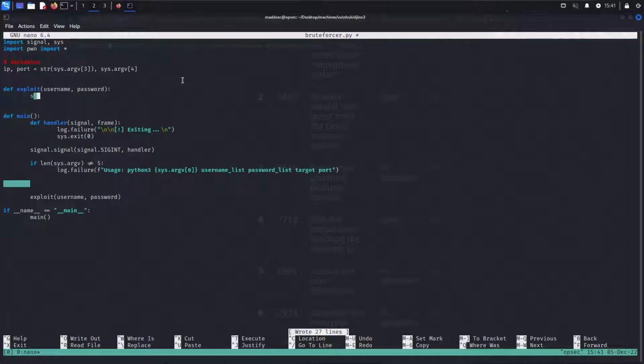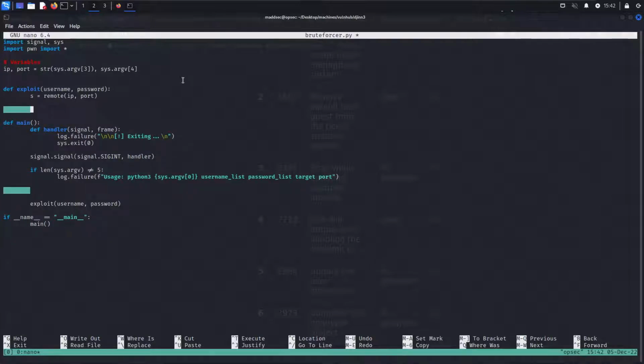We can do that with the socket library, or even better with pwntools itself. So we can define s as remote, which is a function that will allow us to connect to a socket and maintain the connection, right? We can pass IP, port, and